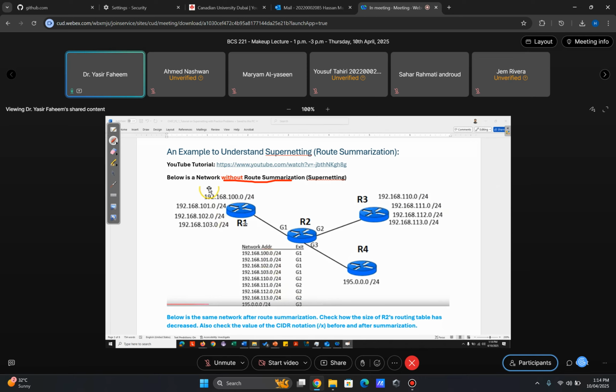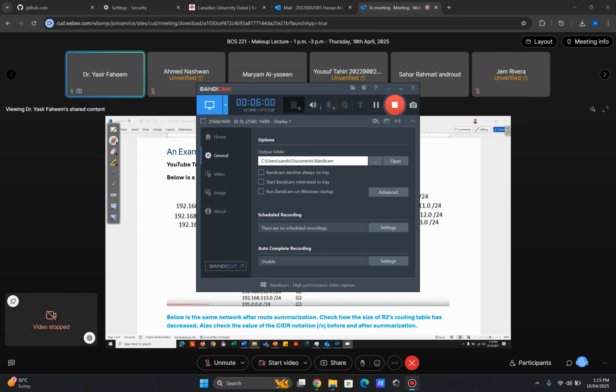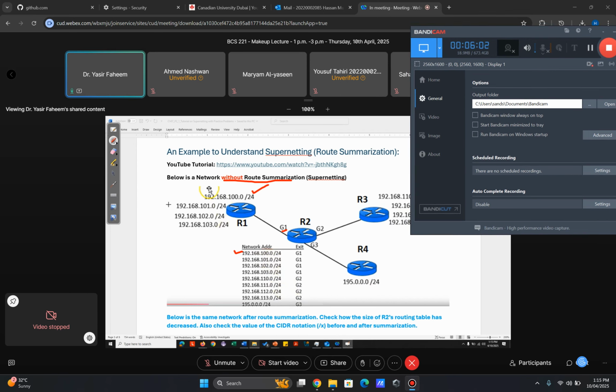So at R1, you can see all these routing entries. R2 has the biggest table. It is keeping all these network IDs in its routing table along with their subnet mask and exit. For instance, R1 is saying this network 100.0, which is basically this one, is reachable via interface G1, this one. Similarly, the next network, which is this one, is reachable also via G1,